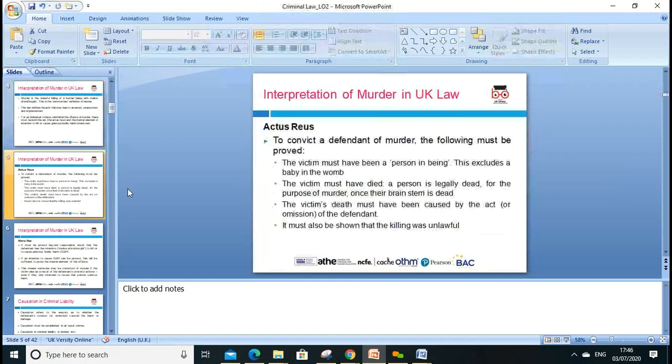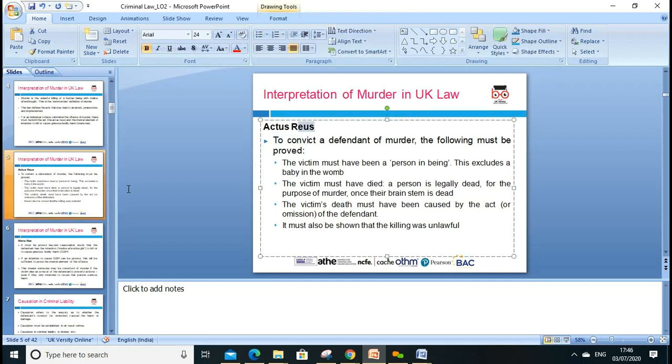That's why we always look at these things in the actus reus. What is this word? Can we pronounce it? Actus reus. To convict a defendant of murder, the following must be proved. The victim must have been a person in being, excluding a baby in the womb. So we look at the victim. The victim must have died. A person is legally dead for the purpose of murder